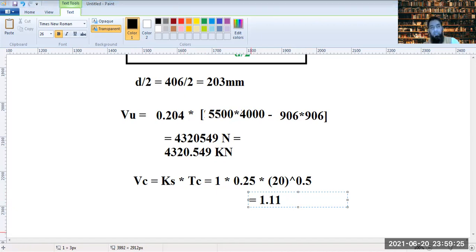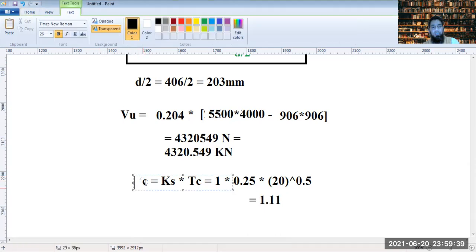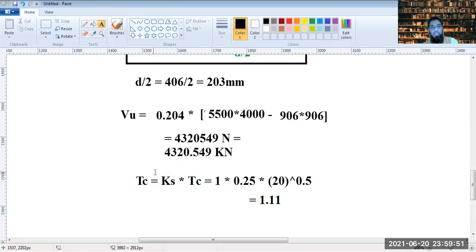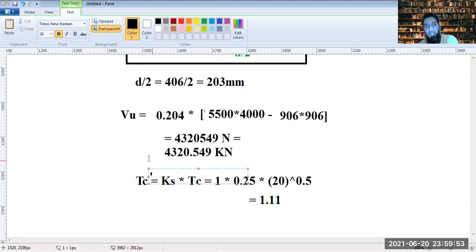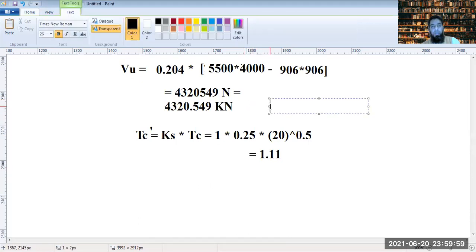This is the value of, again, the value of tau c. I'm just simplifying this. This is tau c. So in order to separate it, let it be tau c dash. What would be tau v here? It would be